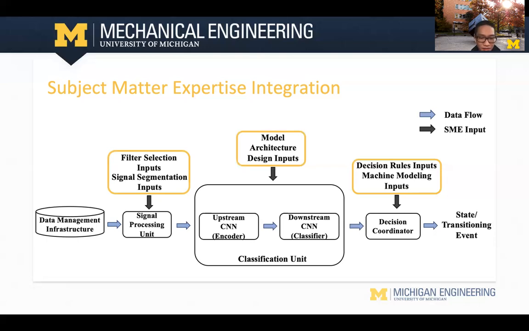The second one is that subject matter experts provide inputs into the detailed architecture and hyperparameter selections. They are most likely going to be the machine learning engineers. And lastly, and also the most important input, is on how to model the machine. This is critical for error checking. A well-defined model can greatly reduce the misclassifications made by a data-driven model, such as a neural network. In mission-critical tasks and high-stakes scenarios, a slight mistake can be very costly, and we want the system to be as robust as possible.